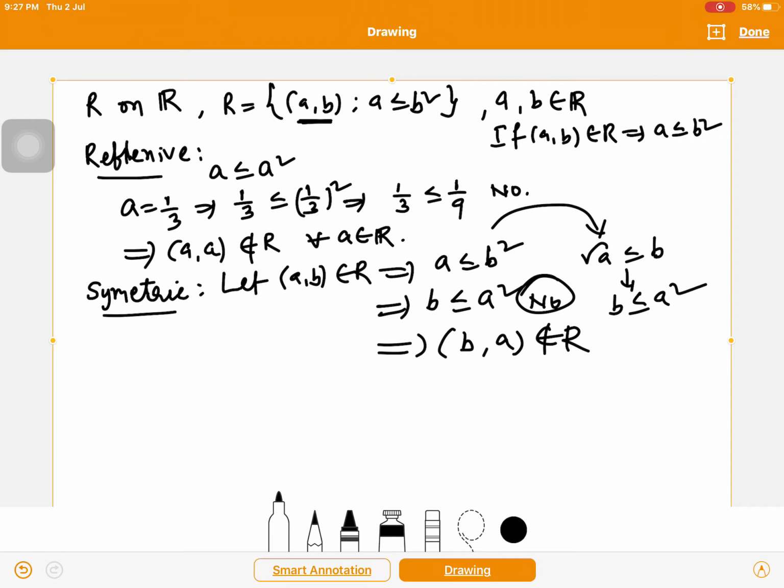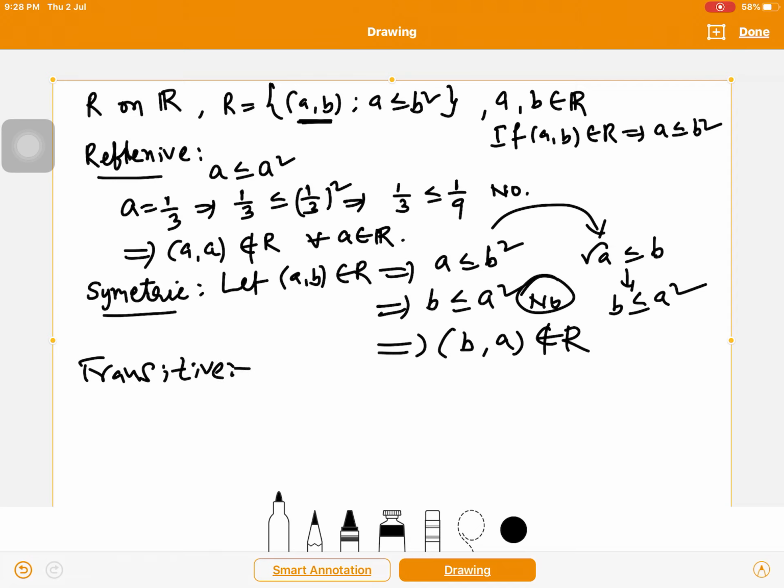Hope you understood the logic. a less than or equal to b square means simply I can write root a less than or equal to b. But I want b less than or equal to a square. By using this condition, is it possible to get b less than or equal to a square? No, it is not possible. Therefore, (b, a) does not belong to R. R is not symmetric. And coming to transitive,